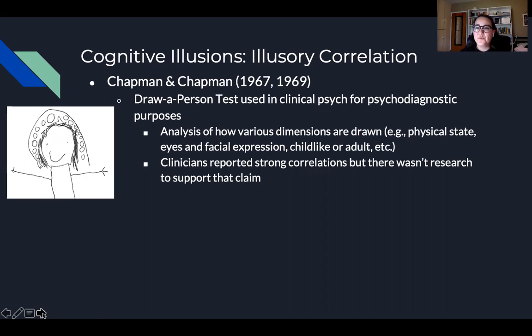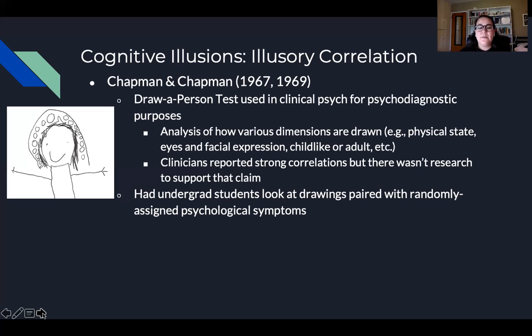However, these reports weren't actually confirmed by the researchers who were looking into these claims themselves. So this is just more anecdotal evidence: there's this really strong connection from clinicians, and the researchers are like, no, there isn't. So in one study, Chapman and Chapman, they gave undergrad students who didn't know about the draw-a-person test